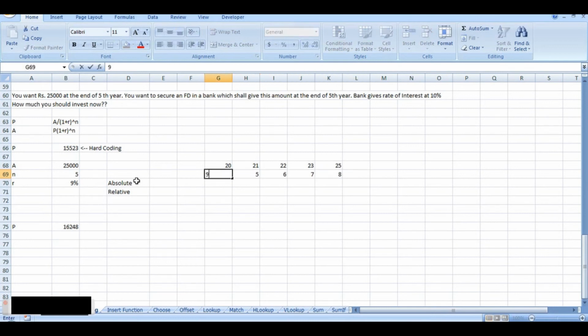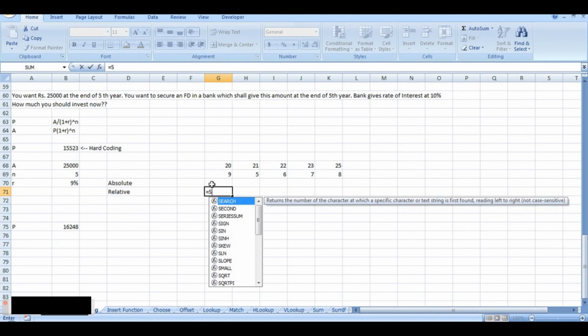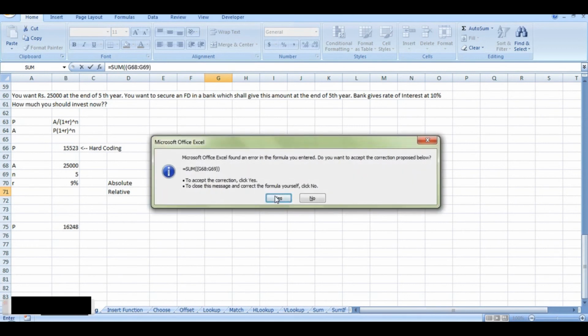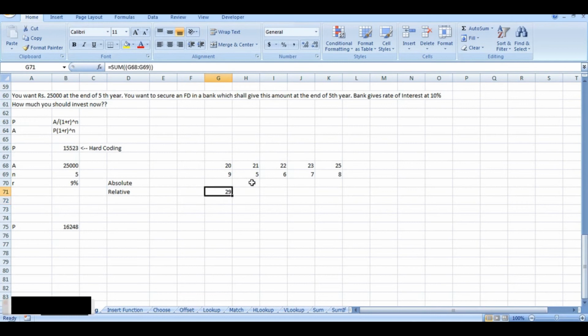Any random numbers I am taking. I want the sum of these two numbers, column wise. So simply put the sum function, it gives me the sum of the G68 cell and G69 cell. Now if I click on this cell,